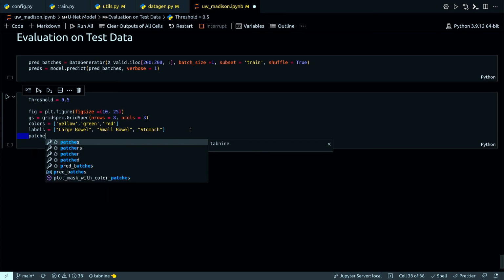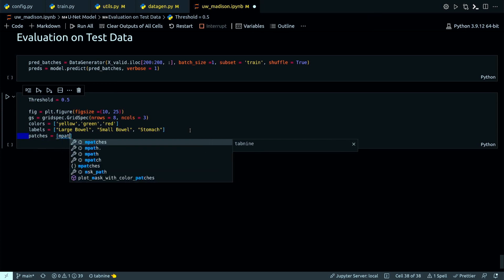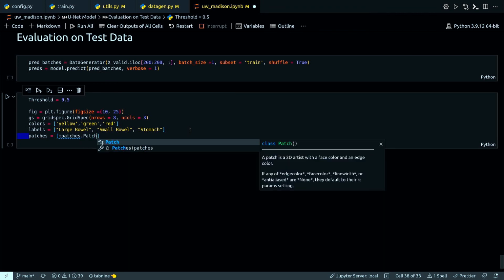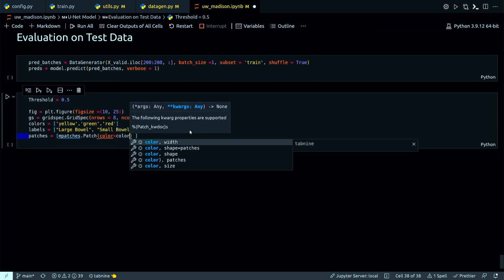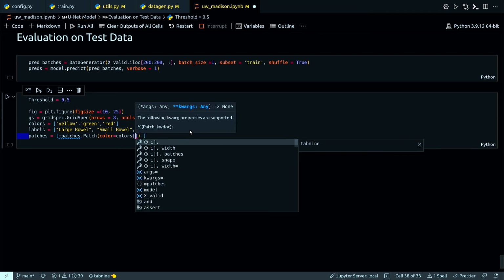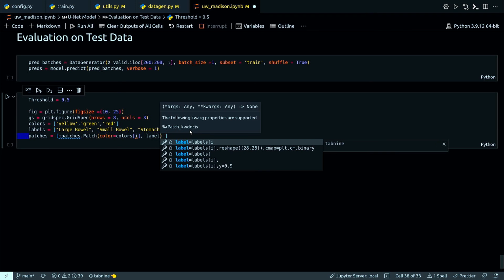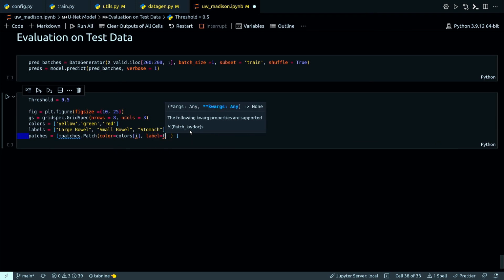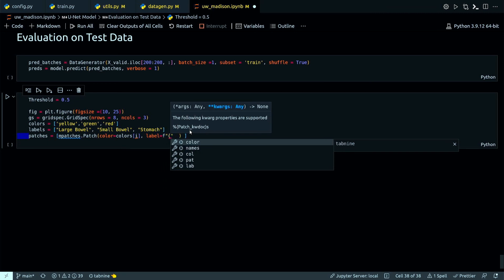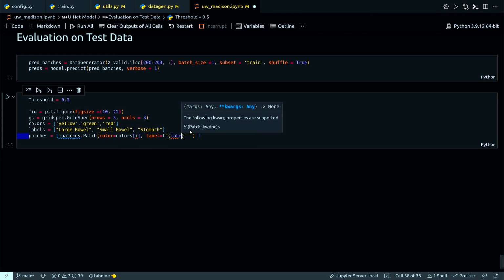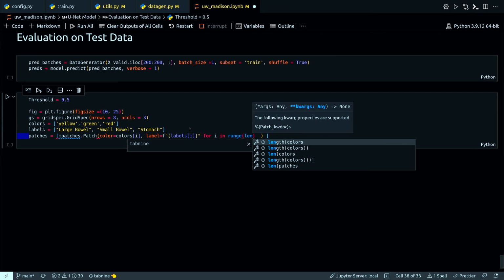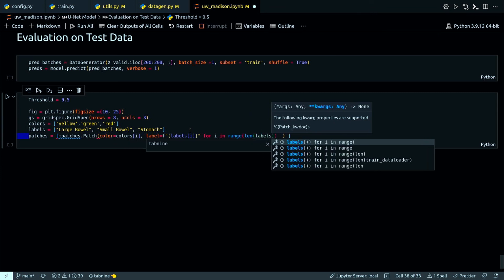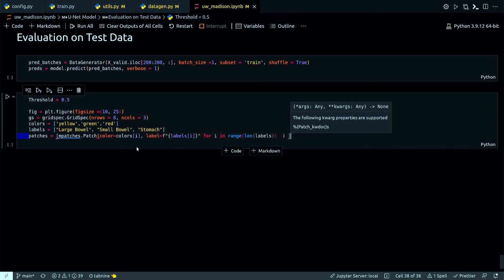And now patches, that will be patches.Patch, then color will be equal to colors[i], label equal to labels[i] as well, for i in range(len(labels)). What I'm doing wrong here is